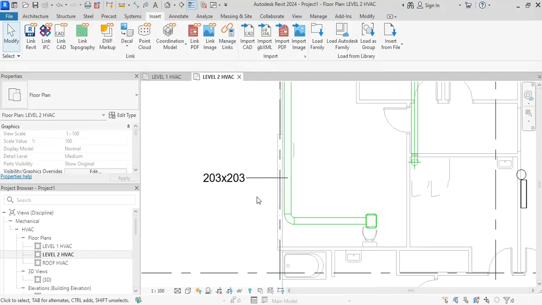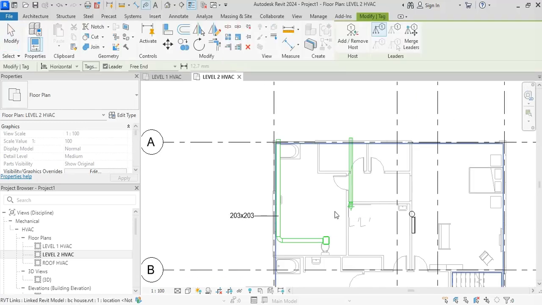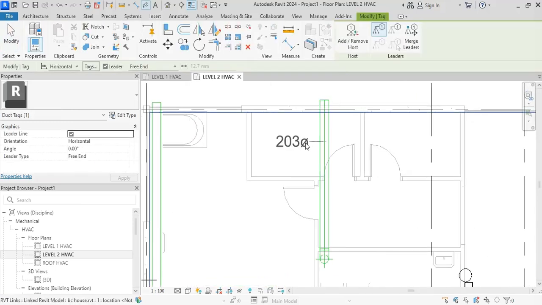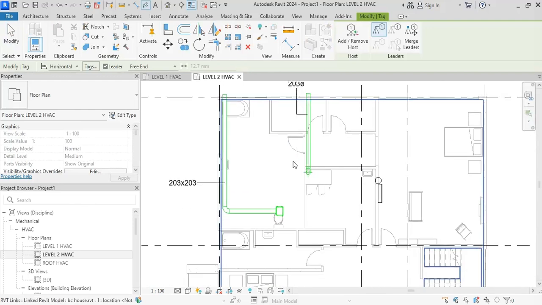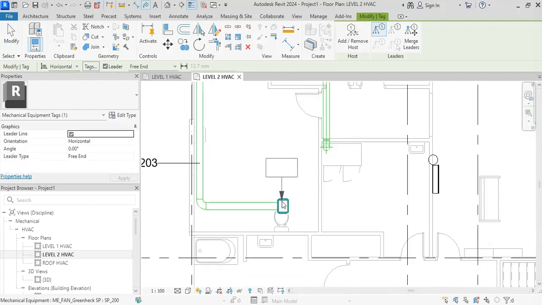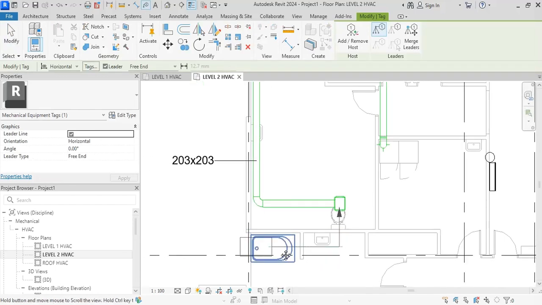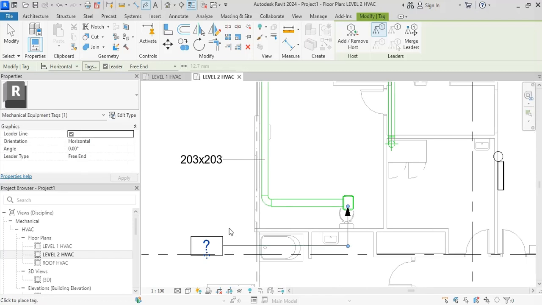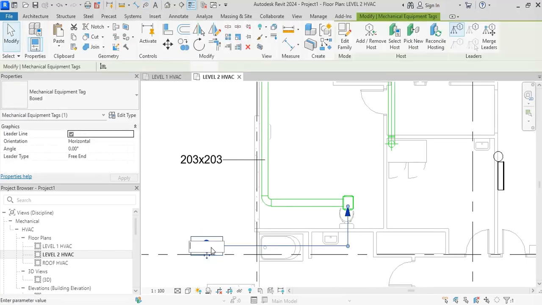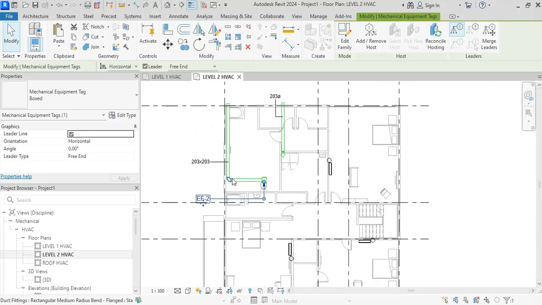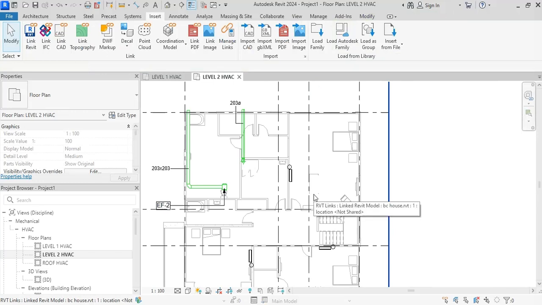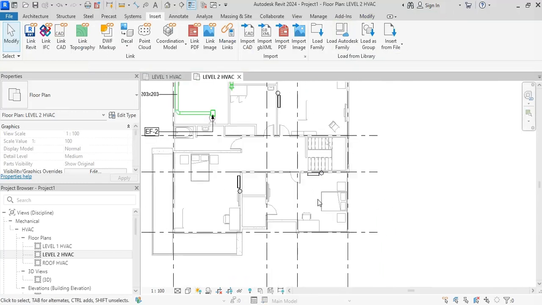Okay, TG, and I will need to tag this one also, and I will need to call it EF2, exhaust fan 2. Okay, and then I will need to tag the split AC, TG,